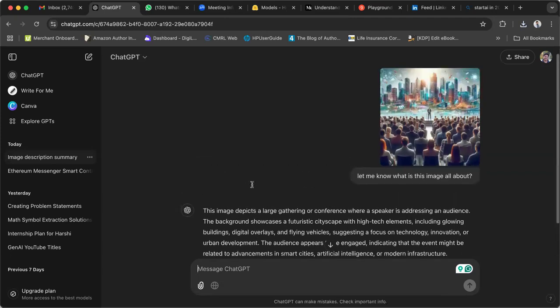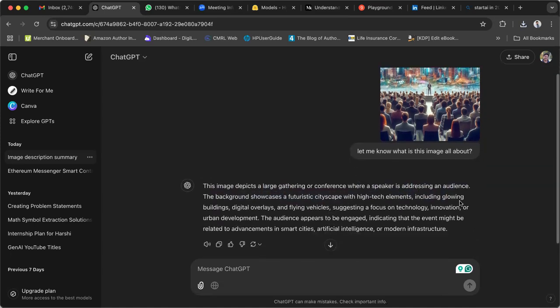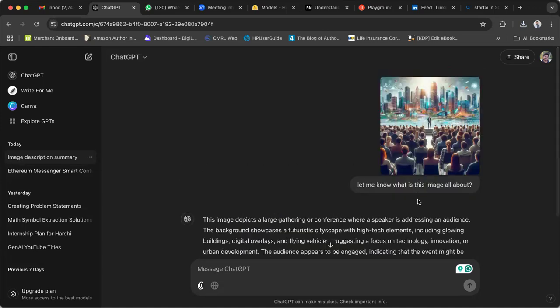This is a system generated image, and the response says it is a large gathering or a conference where a speaker is addressing an audience. The background showcases a futuristic cityscape with high-tech elements, including glowing buildings, digital overlays, or flying vehicles, suggesting a focus on technology, innovation, or urban development. The audience appears to be engaged, indicating the event might be related to advancements in smart cities, artificial intelligence, and modern infrastructure.